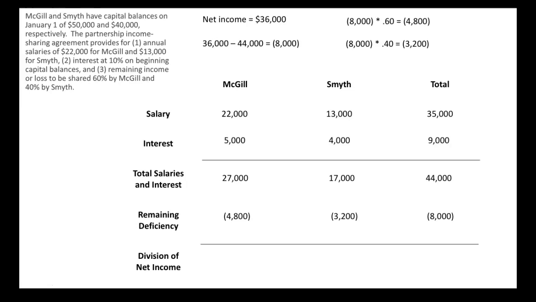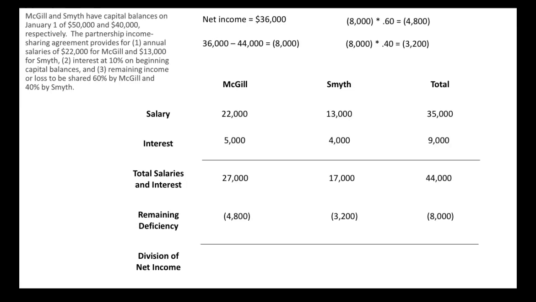So in the last example, it looked great to be McGill, right? Because McGill got more added on because McGill gets 60%. Here, they're getting more taken away from them, right? So they might have more money in the business. They might do more from like a day-to-day operation standpoint, right? So they get this 60% split. And when there's extra money to be handed out, that looks great. And then in this case, when there's a deficiency, it's not so great, right? Because more money is being taken away now.